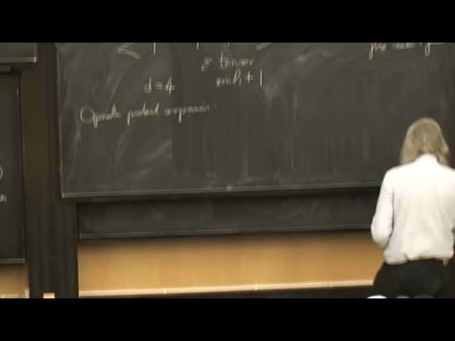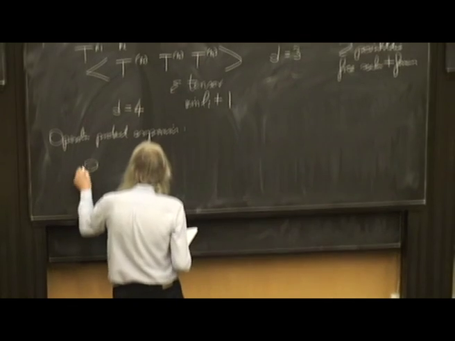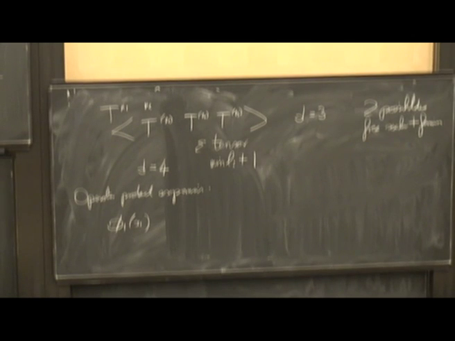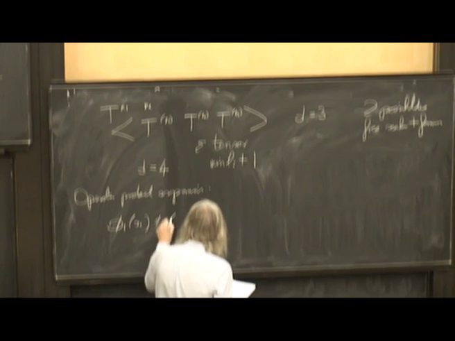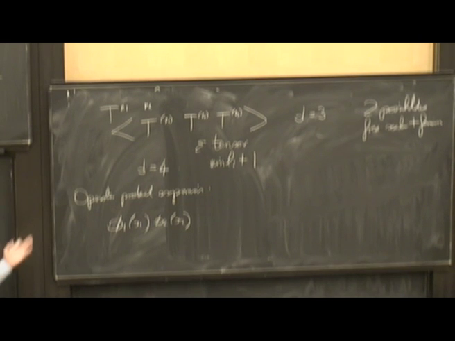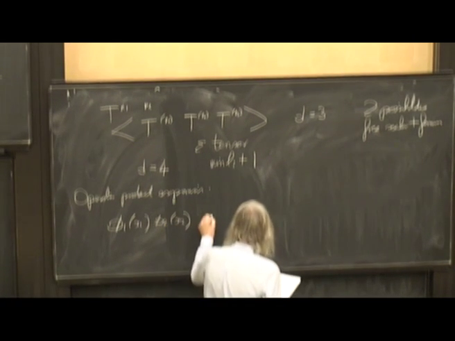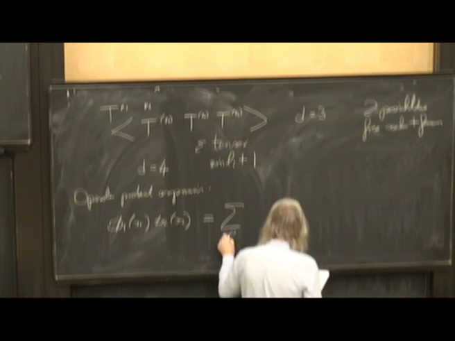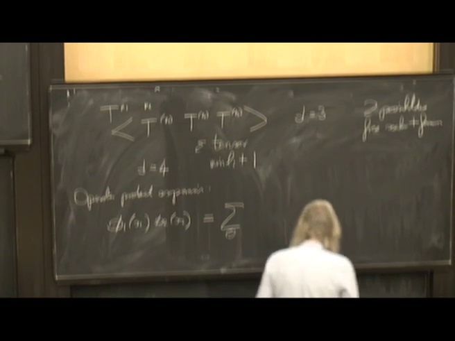So the idea then is that if we take two fields, by the way, I'm assuming here that these fields are conformal primary. The descendants of a conformal primary are basically the fields you get just by acting on it with various derivatives. So the idea here is that for any product of two fields, here for simplicity I'm writing it down as if they are scalars, but you can generalize it to the case of spins, I'm going to write equals, and it really is equals in a way which I shall describe, over some set of operators which I'll denote by O,